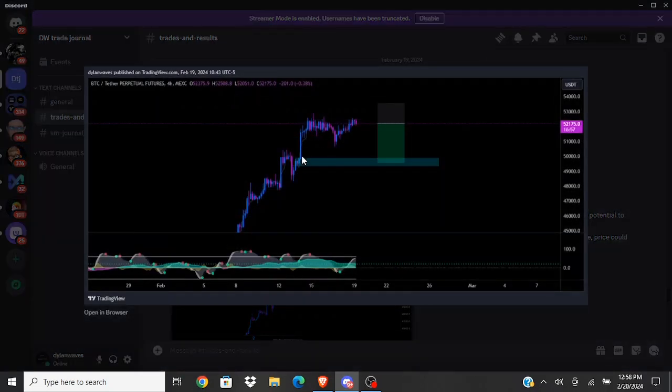So at the time, I was saying that, hey, we could come down, make a higher low, and continue this overall uptrend. And as we know, we have since taken out this high. We actually came up to wick this high out. So because of that, I think it's a little less likely that we can get a higher low in this area. It still could happen, but the thing is, depending on the time frame you're looking at,